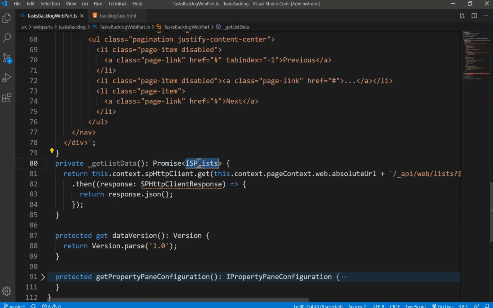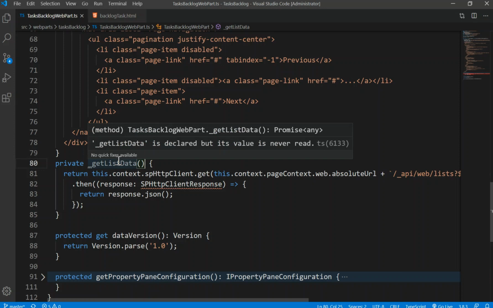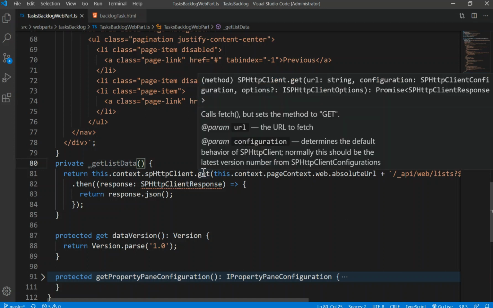Simply ISP lists which was Zaga collection and I'm going to go Alnegro. ምን ይሆናል, it would respond a promise of anything. አያችሁት ሆቨር ታረጎ promise of anything. ለምን because የጌት የሚለው ይሄ ጌት የሚለው ሜተድ it returns something, what it returns is a promise of SPHTTP client response ነው የሚሰጠኝና